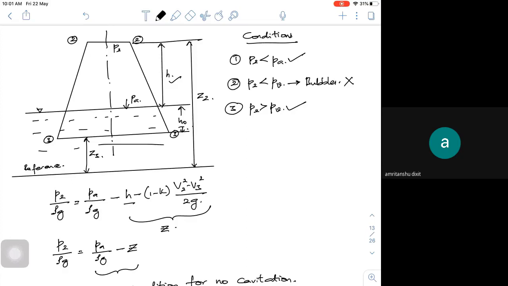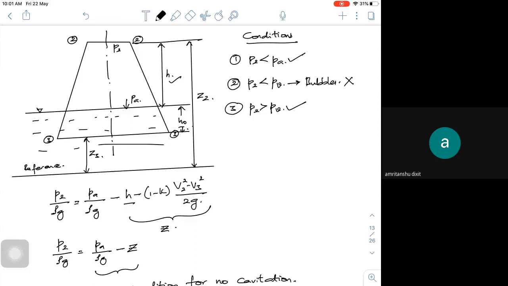Anyway, V2 will be the exit velocity. So if my draft tube is more efficient, then this Z quantity is something like H equal to, let me take, 10 meters, minus V2 of around 10 meters per second. So 10 square minus 0.1 or 0.2 square divided by 2g into 0.98. I need to ensure that at any given point this number never goes below your vapor pressure.